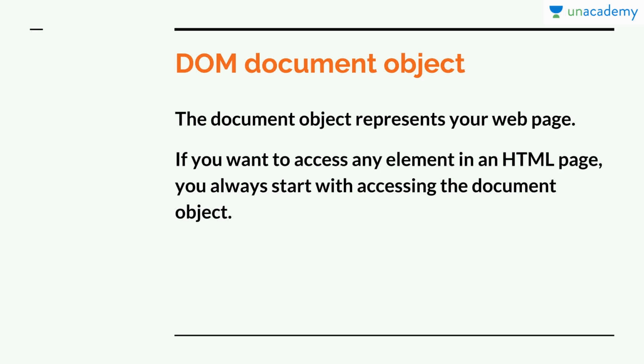Now if you want to access some elements in your web page, then you have to make some elements, and then you have to access those elements with the help of the document object. Without the document object, it becomes very difficult to access those elements. There are some methods, but these methods are not that reliable, but with the help of the document object you can do your task very easily, and you can do many more things.